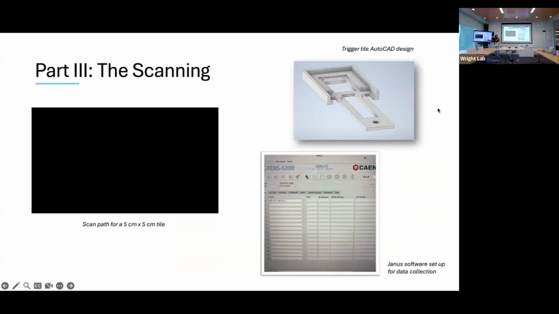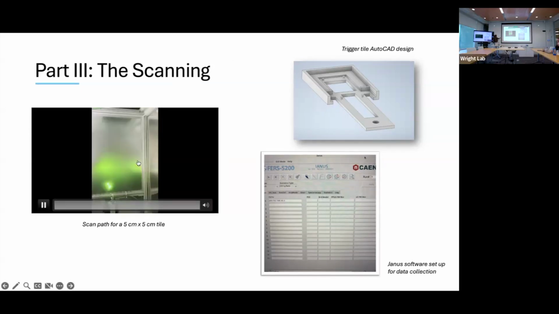Part 3 of the actual process is the scanning, which unfortunately we didn't have time to do with the strontium 90 source. But you can see this trigger tile holder up there that I designed in AutoCAD, which is going to have to be 3D printed in the future. There's also the Janus software that we got running very recently, which will be part of the data collection. And then here is a video of the actual scan path with the laser,